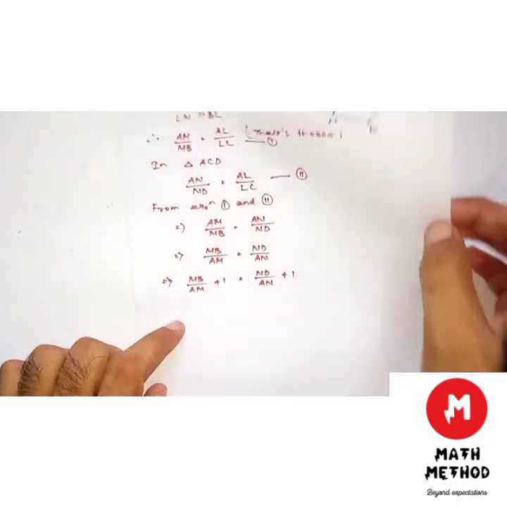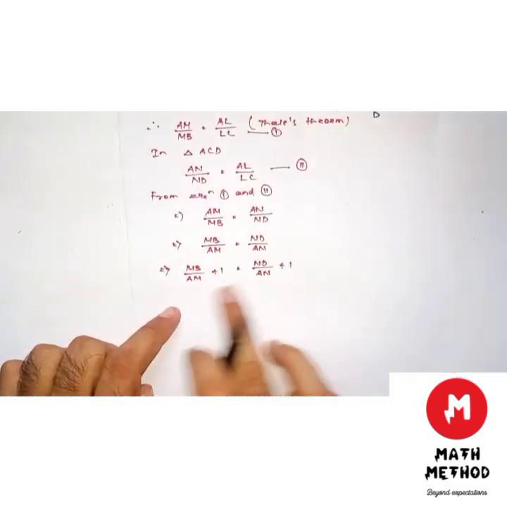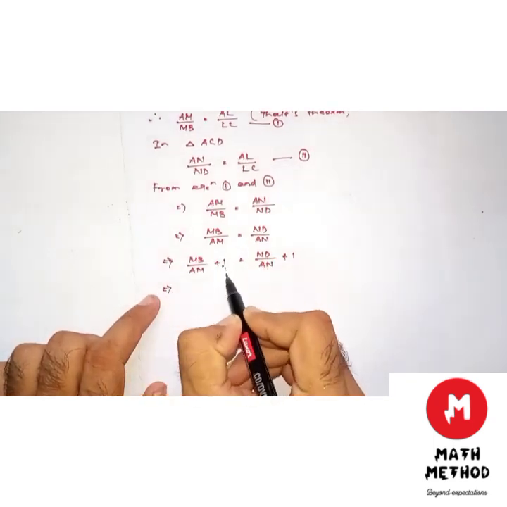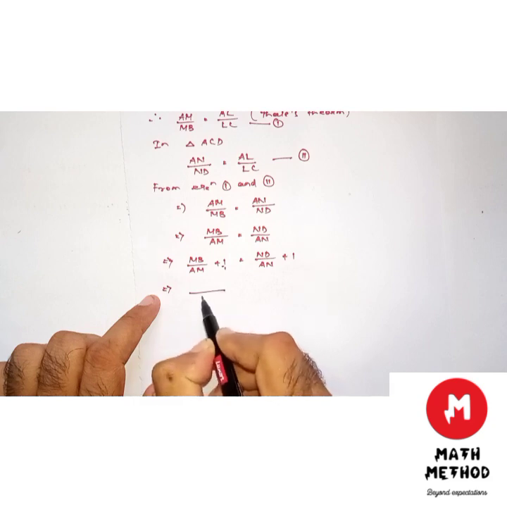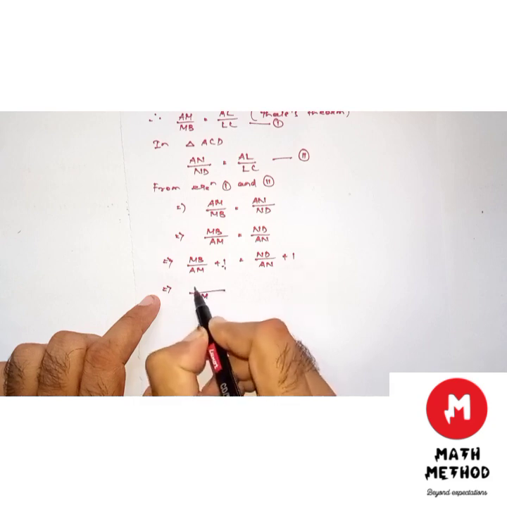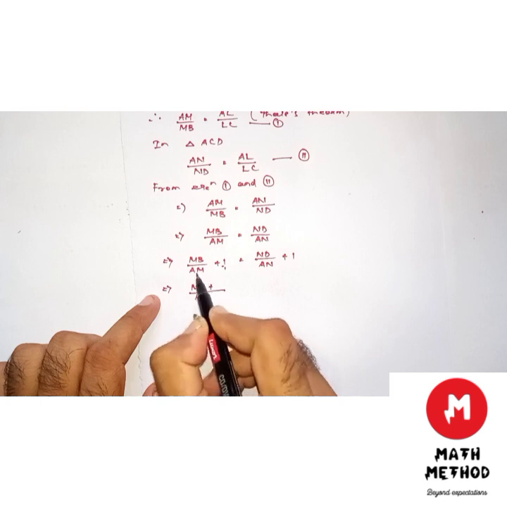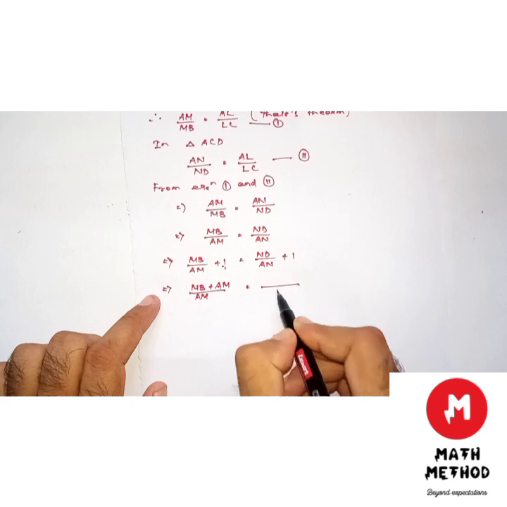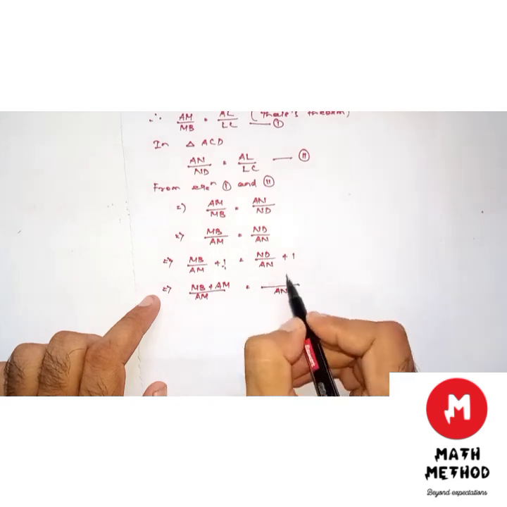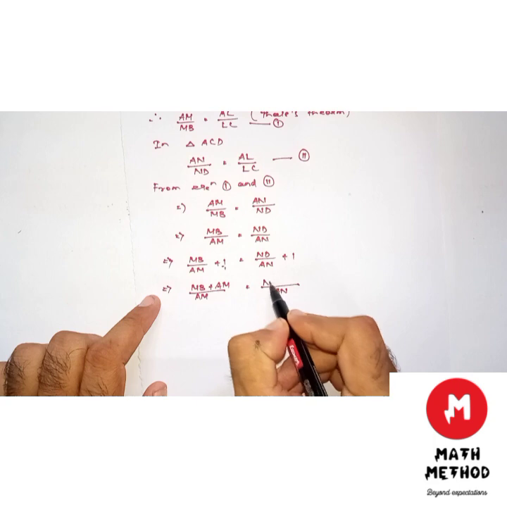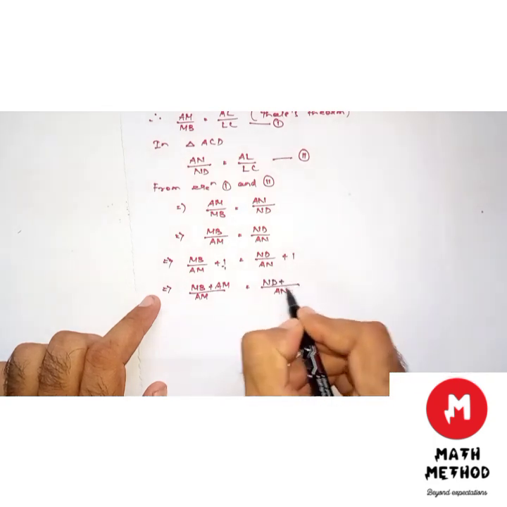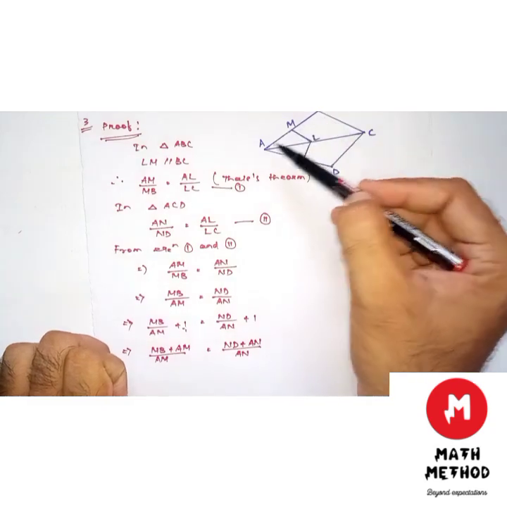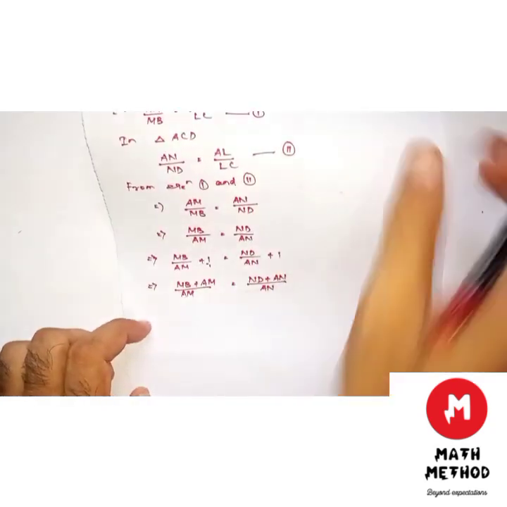There will be no change if we add 1 to both sides. Here 1 is equal to 1 upon 1, so LCM of AM and 1 is AM. Now MB plus AM is equal to, similarly for RHS, AN is our LCM, then ND plus AN. Now MB plus AM is equal to our AB, implies